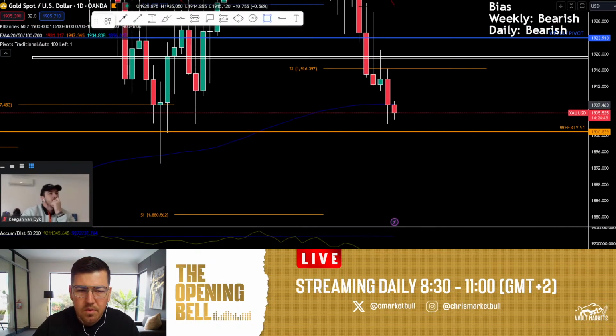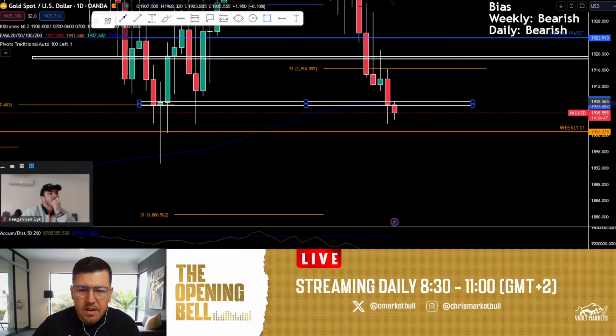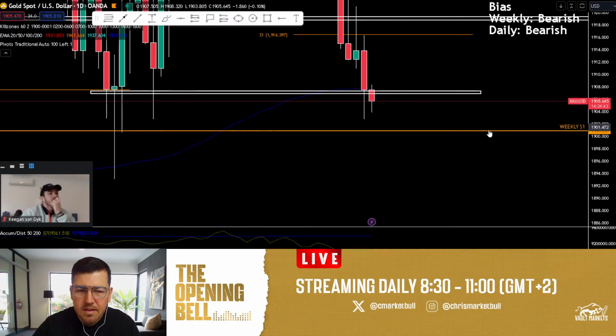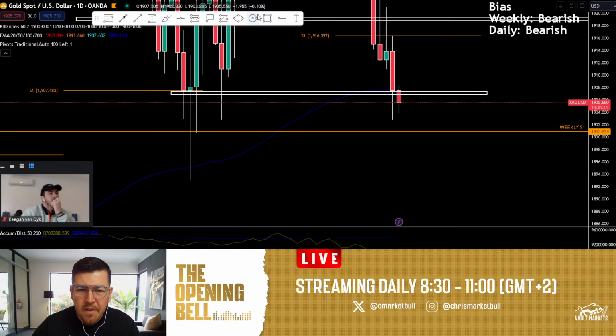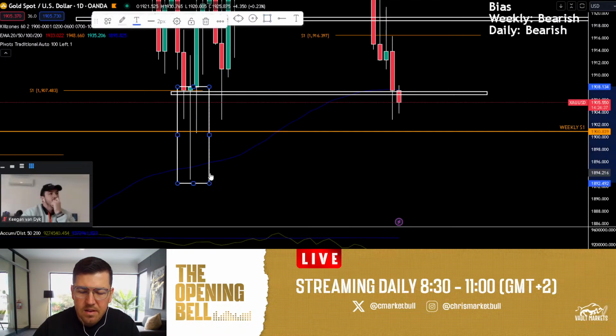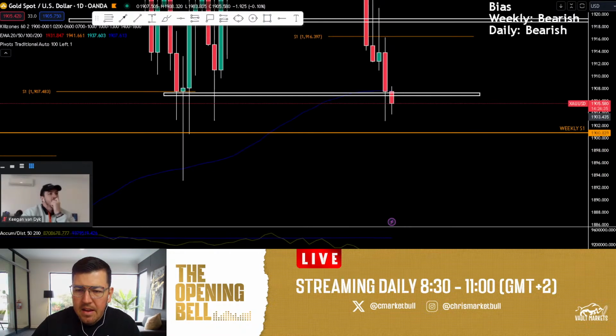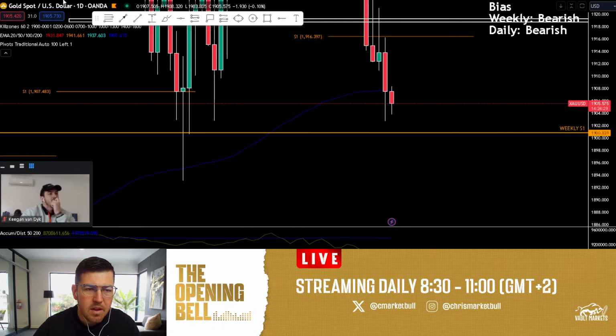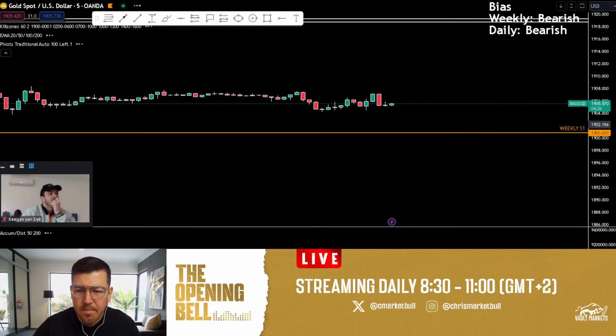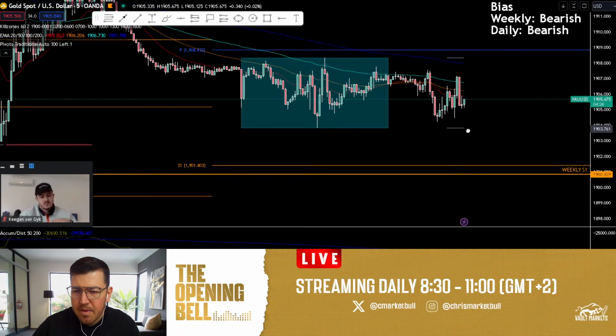I just want to check here quickly. Daily quite interesting. We closed bearish up against these flat body supports. But again, we still have these wicks to fill to the downside. And ideally, I would have first liked for us to actually pull back a little bit more on the day before continuing lower. But if we go down to a 5-minute time frame, let's just quickly frame our idea